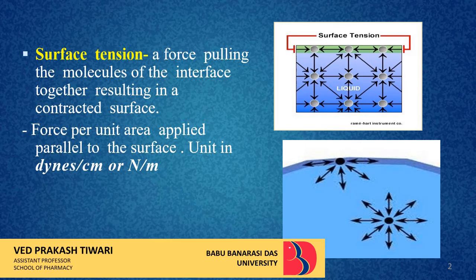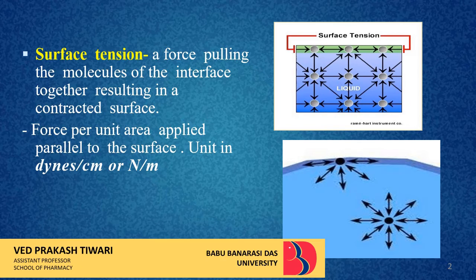Considering an example of water in a beaker, a molecule present in the bulk phase of water, that is B, is attracted equally from all sides by neighboring molecules. Hence, the net pull acting on the molecule B is zero. Now, considering a molecule S that lies on the surface, it is partially surrounded by the other molecules. There are no molecules above it.